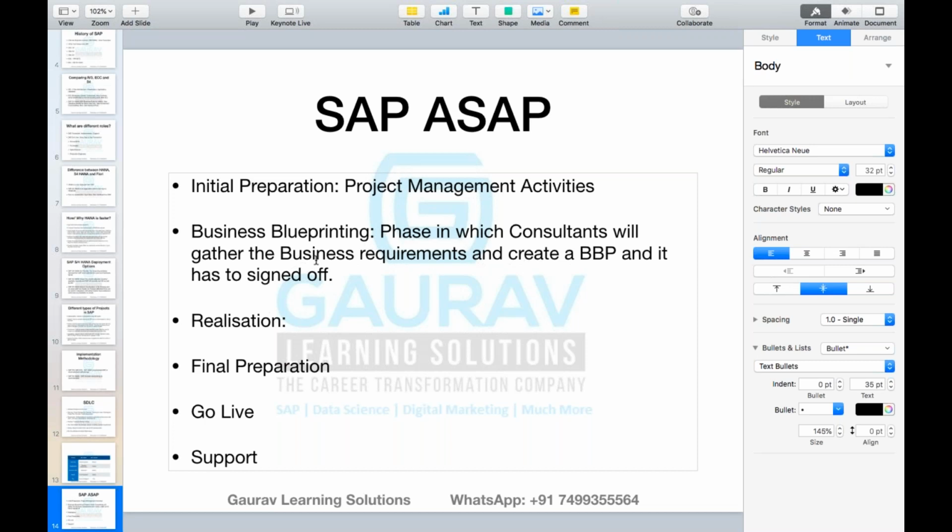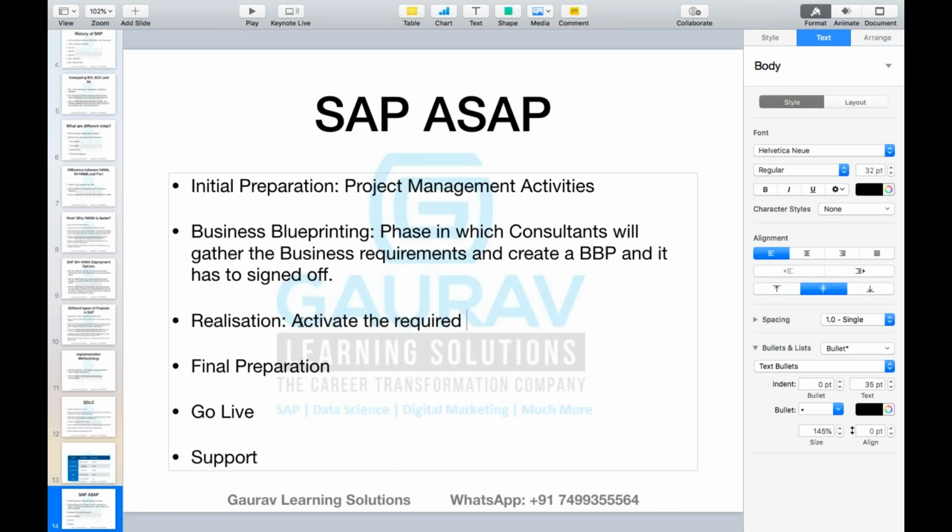So in that particular case only, we need to change something in the standard SAP system. So when we are talking about realization, there are two things. Number one, adjust or activate. Instead of adjust, I'll say activate the standard processes,